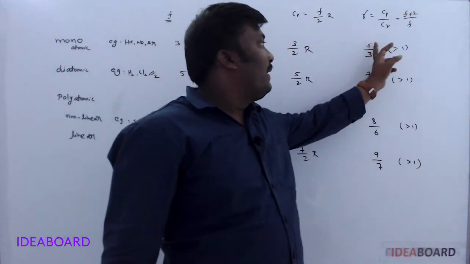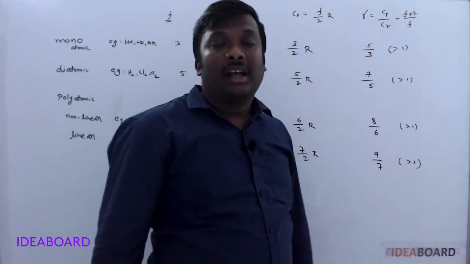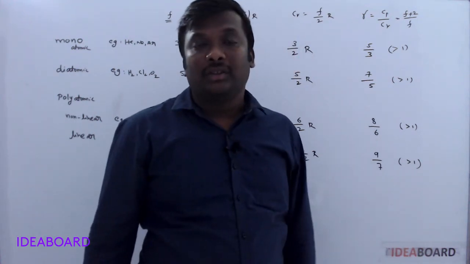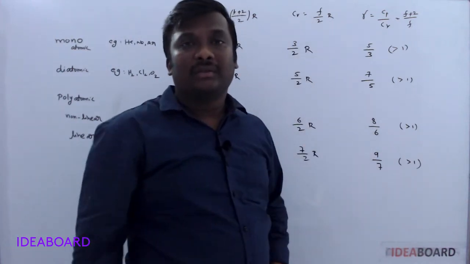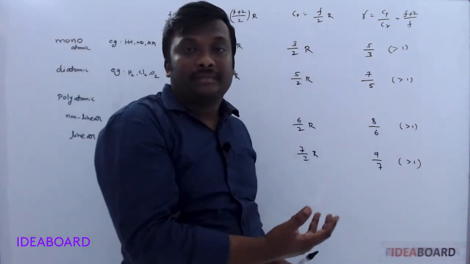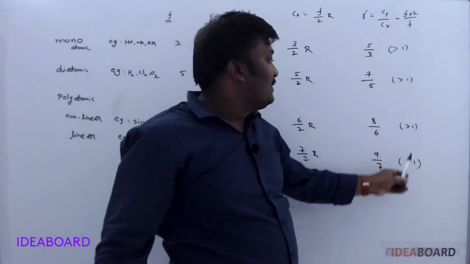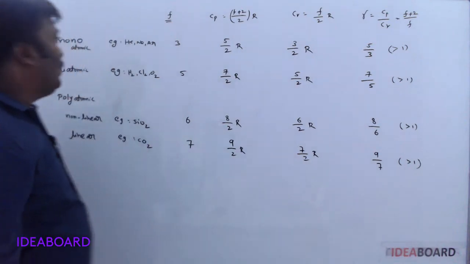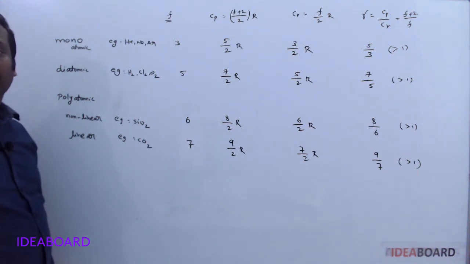Okay, and the maximum value is 1.66. More than that it is not possible, and the minimum value is 9 by 7. Lesser than this it is not possible. So the values of gamma are always limited values. The maximum value does not cross even 2. Its value is 1.66. Keep in mind, and every value is more than 1. From this tabular form, the maximum number of questions come in the objective paper. Okay, please copy this tabular form.